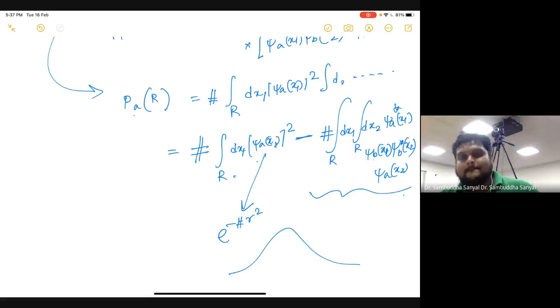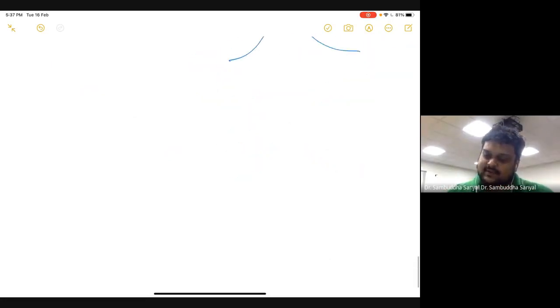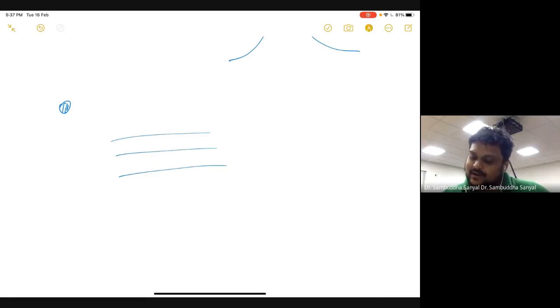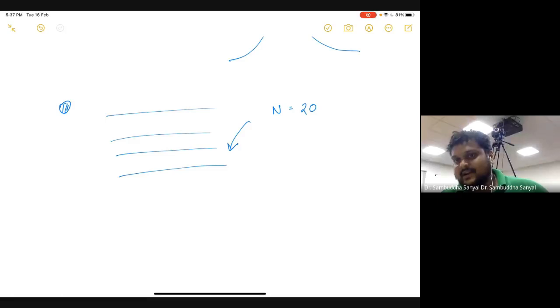Any more questions? There is actually one more example I wanted to do, but I didn't get time. Maybe tomorrow I'll do it, and maybe I'll skip something else. I wanted to explicitly do a problem where I load some n equal to 100 electrons or 20 electrons and show you pictorially where it goes, how it distributes itself, if it is bosonic or fermionic. I'll talk about it tomorrow. And these ideas are behind everything.